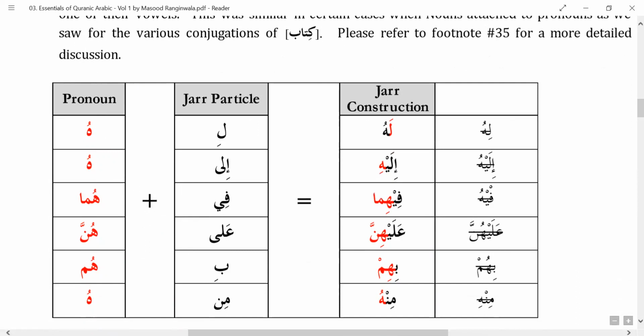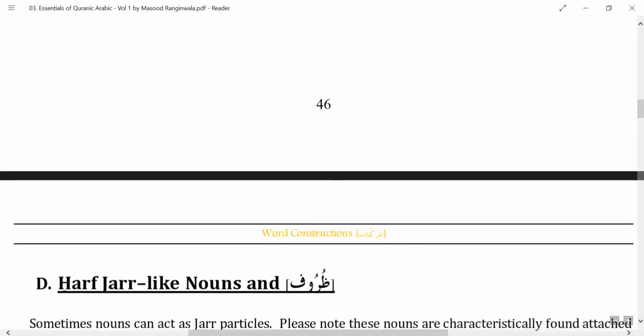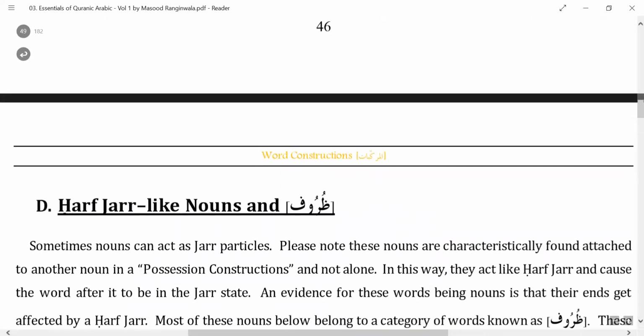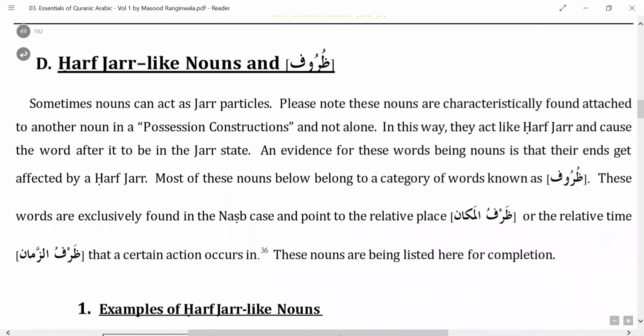Alayhinna, not alayhunna. Bihim. Minhu will be minhu, not minhi. Like how we changed this to fihima, and this became lahu. Alayhinna, but bihim, but here minhu. Min, not minhi. Then we saw that some nouns, they do the same action of harf jar, which is they